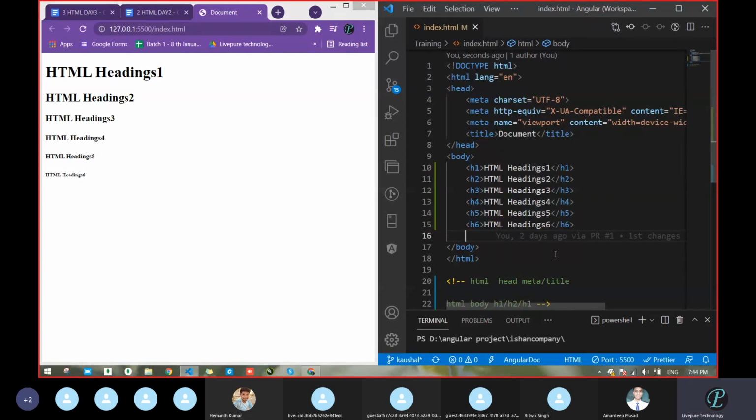The first one is the elder, then the second is younger, then younger again. The same thing applies here. H1 is the largest, then H2 is lesser than H1, then it keeps decreasing. The same applies when there is a need to make a title or subtitle, so in that scenario we can use it.